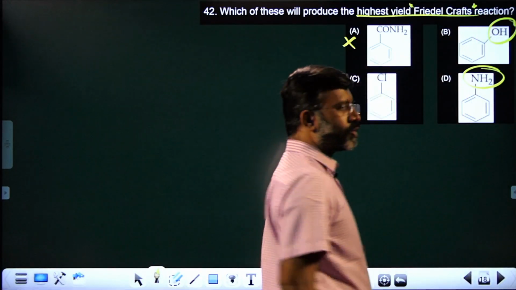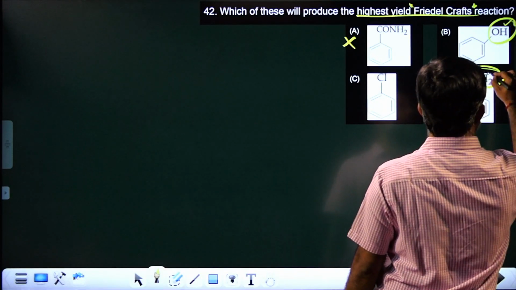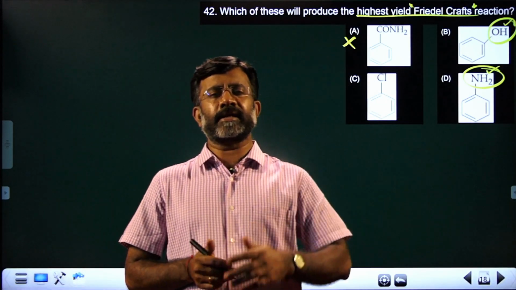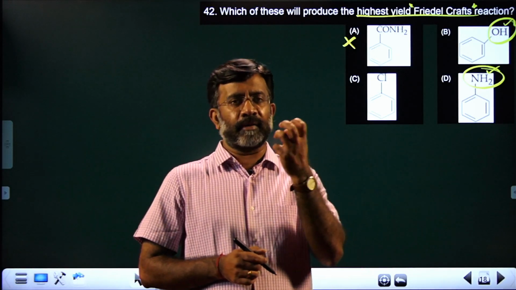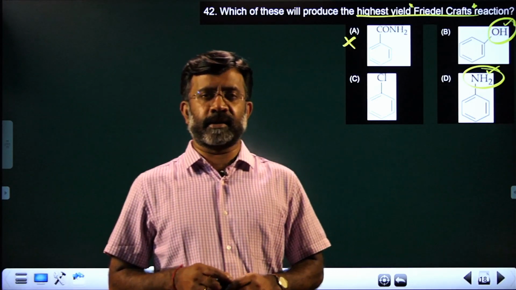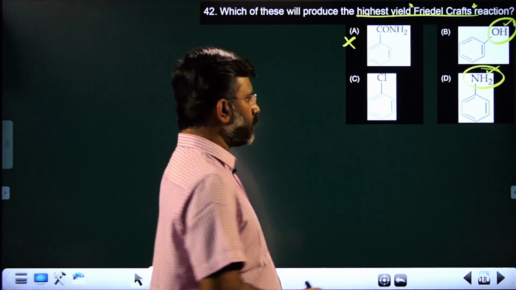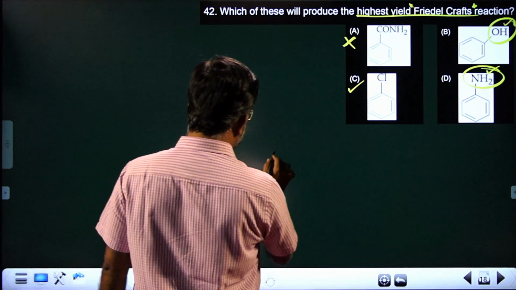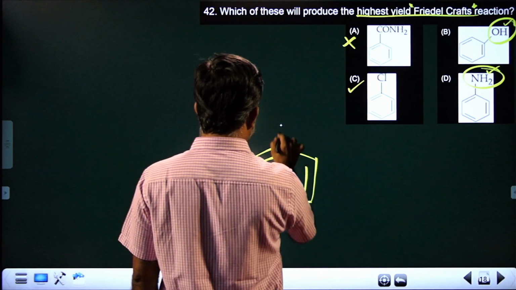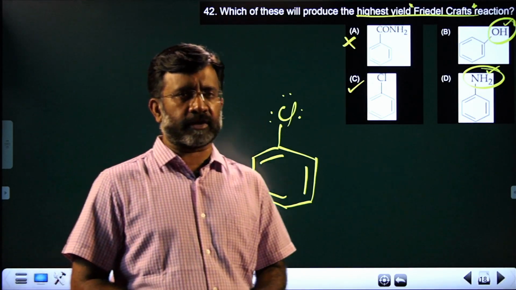In the Friedel-Crafts reaction, we make use of a Lewis acid. And these groups, whether OH group or NH2 group, have a high sensitivity with that Lewis acid. They will interact with the Lewis acid as they have a basic nature with a lone pair of electrons. And when they interact with the Lewis acid, they get highly deactivated. So we are left with only one choice, that is Cl. Chlorine is a deactivating group, but better compared to the other choice as it gives a plus resonance effect.